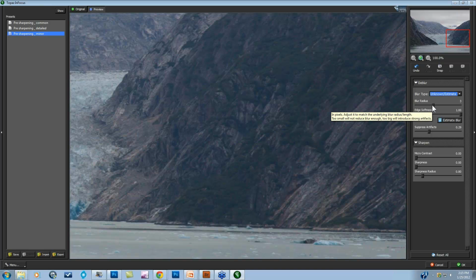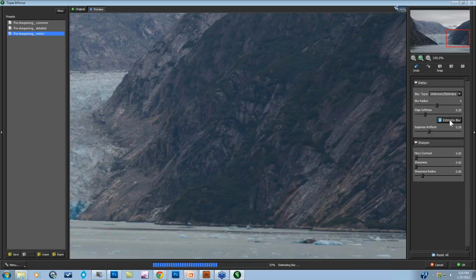So in this particular image, there's not a lot of blur here, but it's pretty fuzzy. So I'm going to go up to about 4 for my blur radius, and I'm going to take my edge softness down. You'll notice that the angle slider actually changed into the edge softness slider. The edge softness slider, as you increase the value, starts to decrease the areas where it might be overshooting in your image just a little bit, causing some artifacts. So that's an important slider as well. But you don't want to go too high with it because then you're just putting that blur right back into all the areas. So I'm going to leave that at about 0.2, and then I'm going to click on Estimate